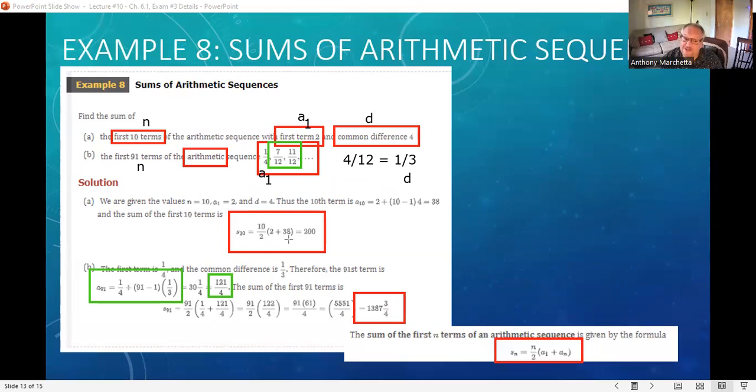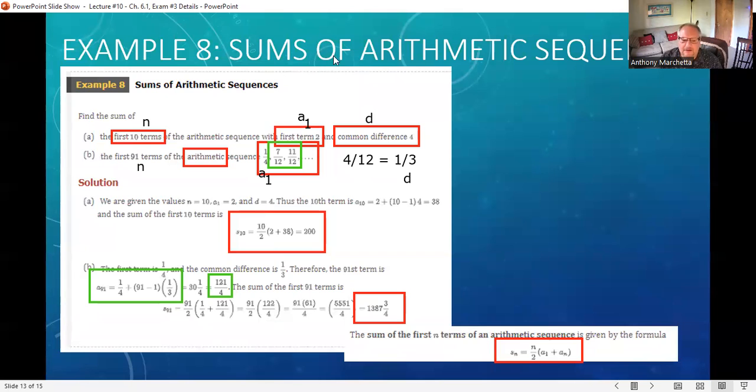You need the 91st term if you're going to find the sum of the first 91 terms. So the first thing we did was not find the sum of the first 91 terms, but find the 91st term. We had to figure out what it would be. That's what this formula is that we used. So now that we've used that formula, now we can apply the sum formula,